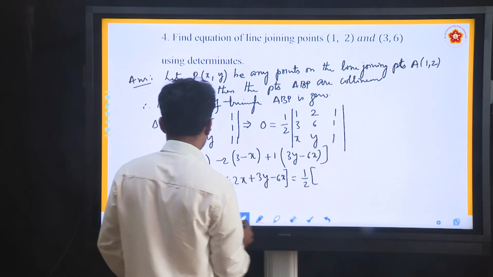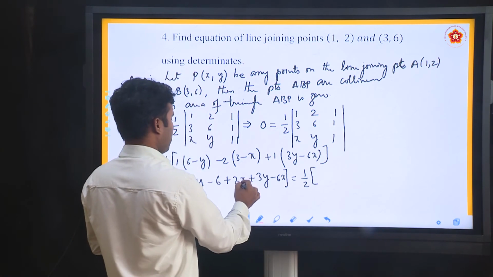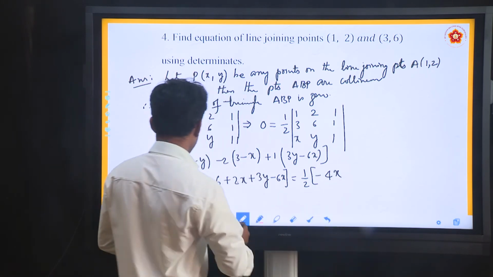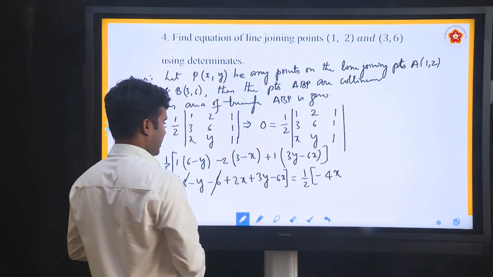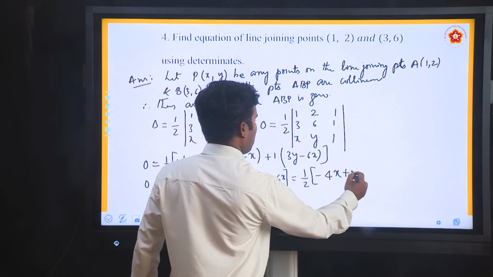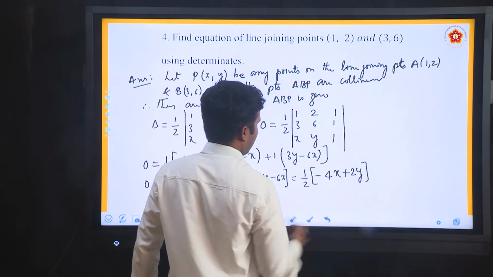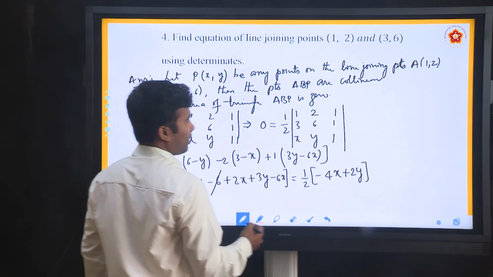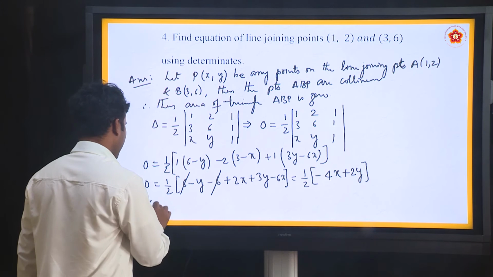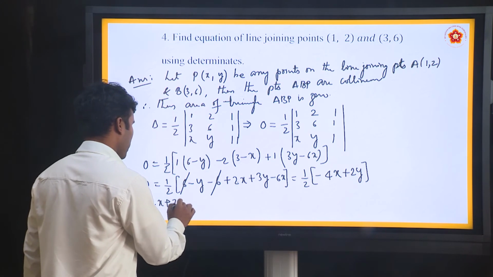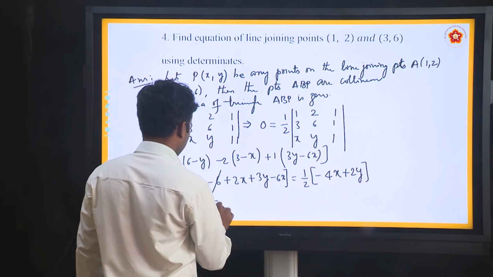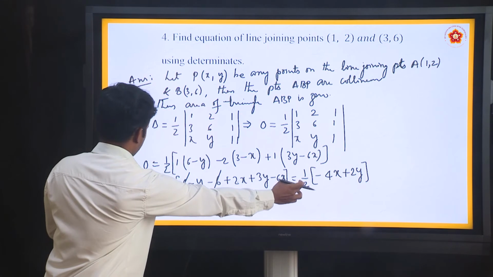into, so you can simplify here. Plus 2x minus 6x is minus 4x, and here minus 6 plus 6 will get cancelled, and minus y plus 3y is plus 2y. So what do you have on the LHS, which is 0. Then that becomes minus 4x plus 2y is equal to 0. You just multiply 2 here, it will get 0. So this equals 2 into 0, which is 0.